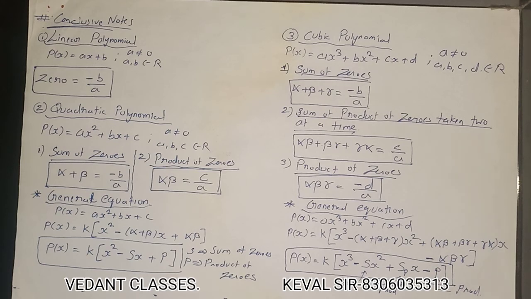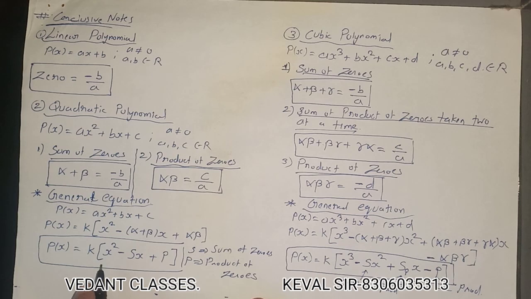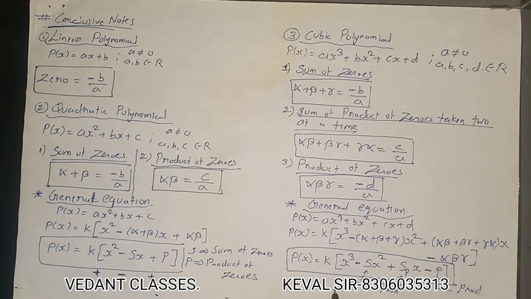You can also remember one note: this is plus, this is minus, this is plus. So plus minus plus; here it follows as well. You can see the first term is plus, the second term is minus, the third term is plus, and the fourth term is minus. So you can also note and remember it like this: plus minus plus, and here it is plus minus plus minus.